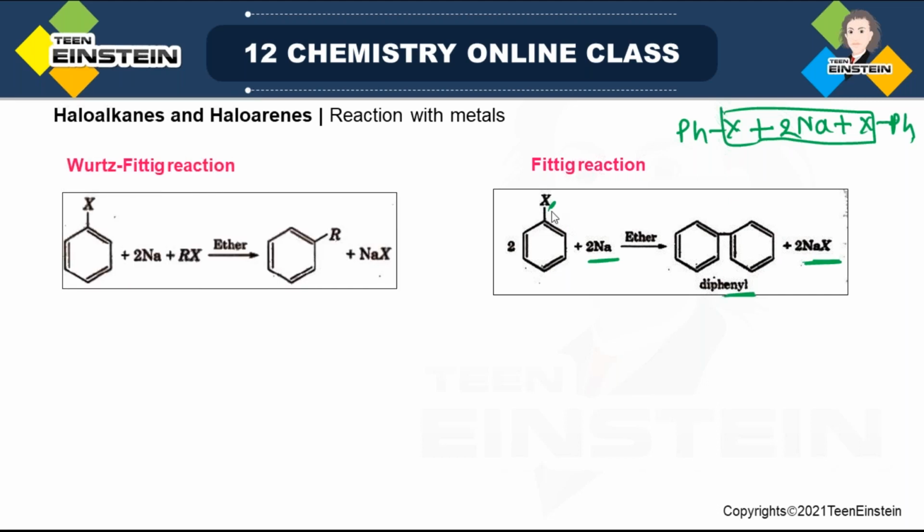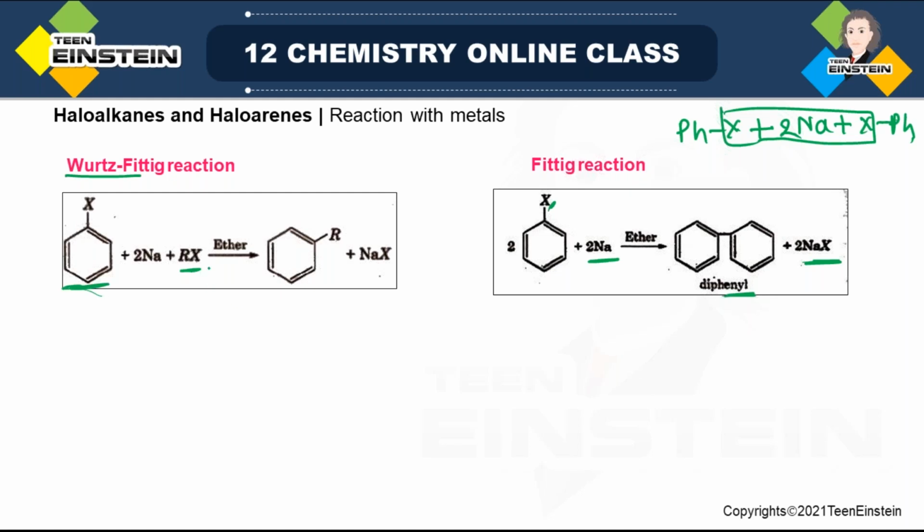Now this is the Wittig reaction. Another example is the Wurtz-Fittig reaction. Remember the term Wurtz reaction, which you have already heard, where in the case of haloalkane we have taken two RX. It may be the same RX or different, RX and R'X, and you have used the same condition. Keeping that in mind, you can find some similarity, but here one reaction partner is aromatic, that is haloarene,